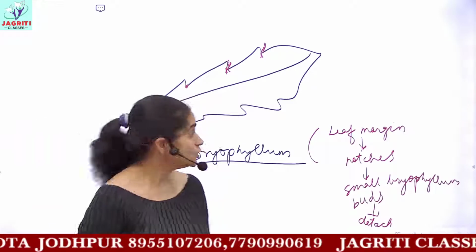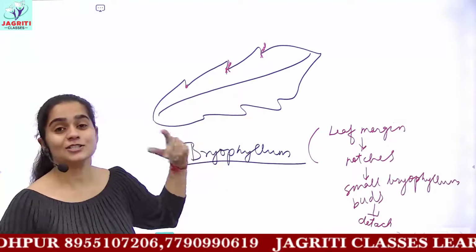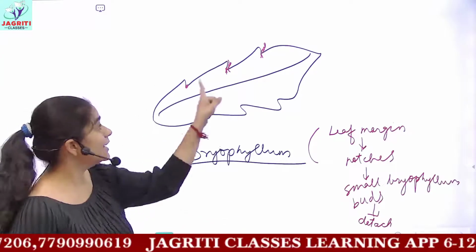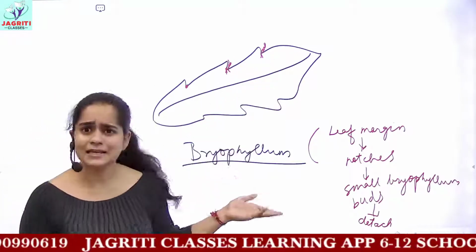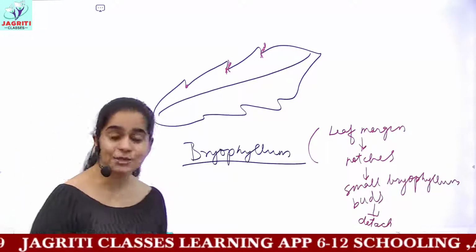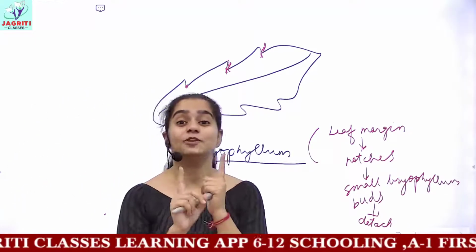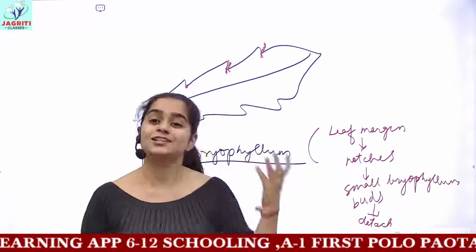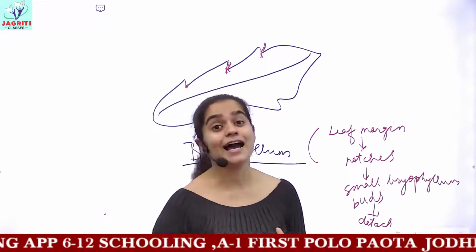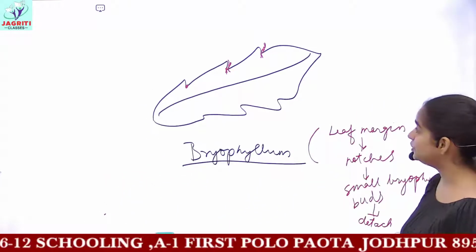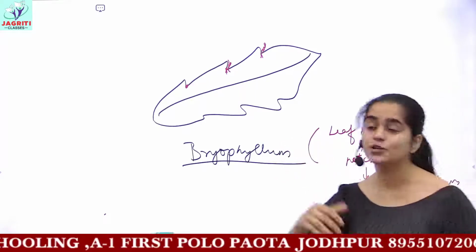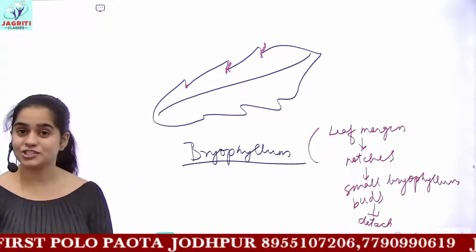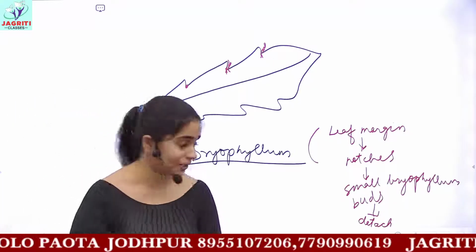So this technique of growing bryophyllum is very important and very useful, because you can get many plants of bryophyllum from just a single leaf, and it is also less time consuming. All the advantages of vegetative reproduction: it is less time consuming, and it produces a large number of offspring. It is again a kind of asexual reproduction, and we have seen the different methods used by different plants and animals. This completes asexual reproduction, that is the first half of the chapter.